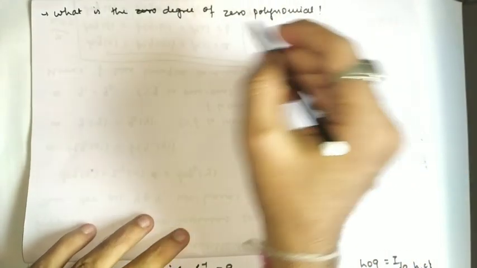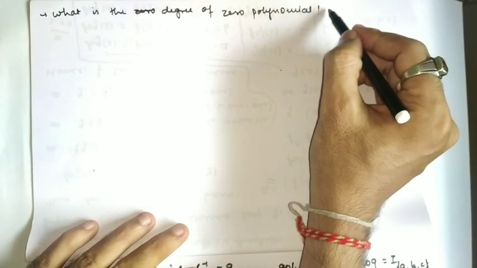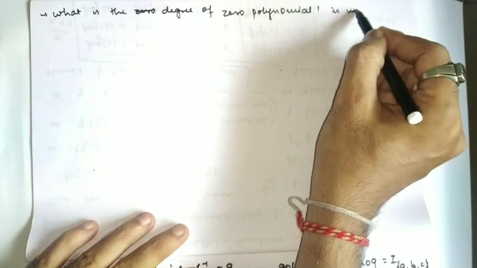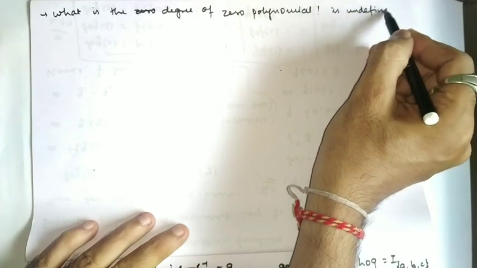So if I tell you that the degree of zero polynomial is undefined, what does undefined mean? Undefined means that it cannot be defined, हम उसे define नहीं कर सकते. That's what it simply means. That is why we call it undefined, or you can say not defined. You can use the word not defined. Simple. So that is the answer to this particular question.